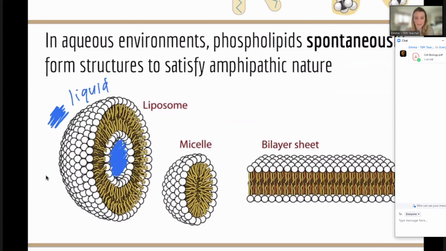Compared to a micelle, which is just a droplet of oil completely, there's no water inside of that micelle. If you have a cup of water on your desk and you added any form of oil, olive oil, you would see those little beads of oil. We can see them form. There's no water inside of there. And so this happens in the body physiologically during digestion.